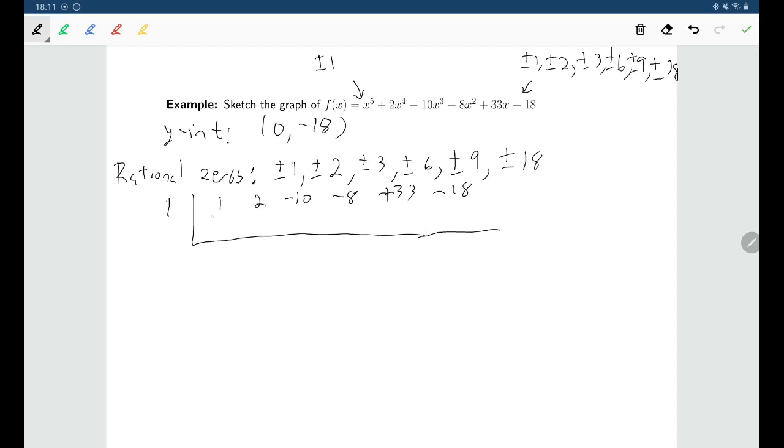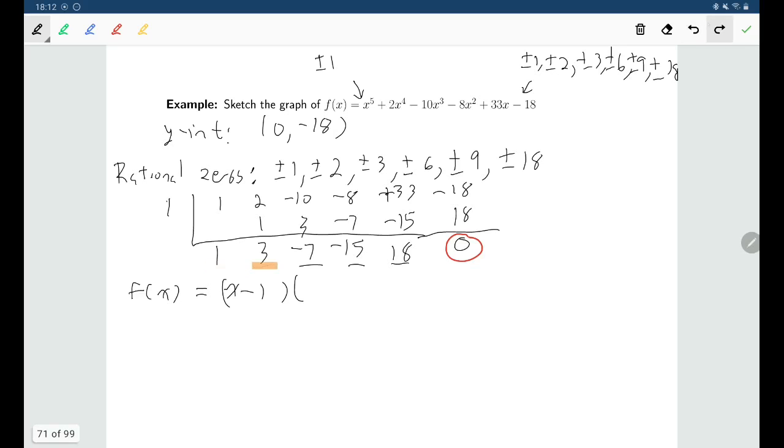And we just do our synthetic division, bringing down, multiplying and adding, multiplying and adding, multiply and add. And we have that our remainder is 0. So that tells us that yes, indeed, we do know now that f of x can be factored as x minus 1 times what's left over, which is a constant, x squared, x cubed, x to the 4. So in other words, what's left over would be x to the 4,